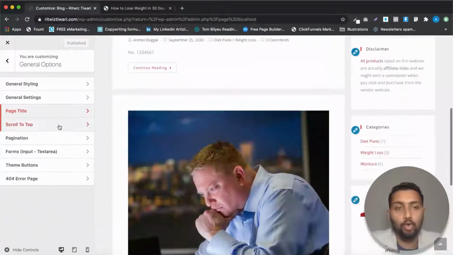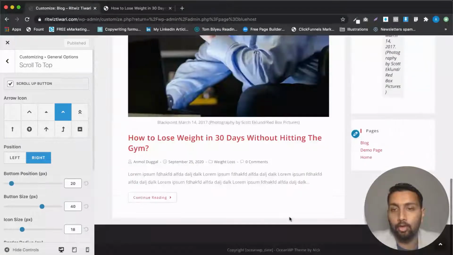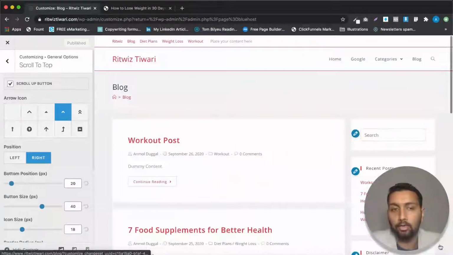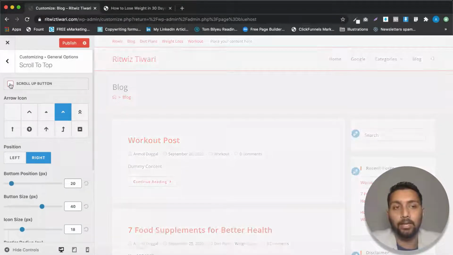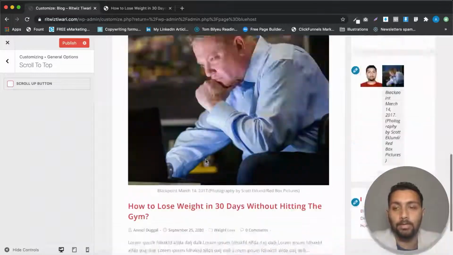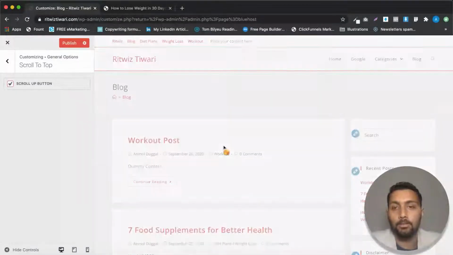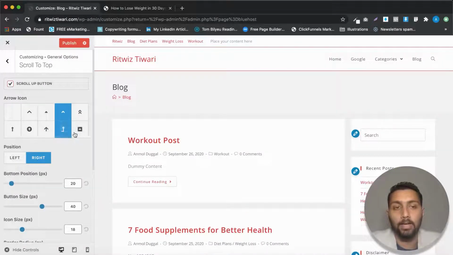Then there is an option of scroll to top. You can see on the right hand side, there is this button. When I click on this button, I will scroll to the top. If I just scroll to the bottom of the page and click on this button, it will scroll to the top. Now in the scroll up button, you can even hide it as well. If I uncheck this option, this button will not be visible. See, the button has gone. But if I just check this option, this button will come back, and you can now customize the button. Like if I want this icon on the button.